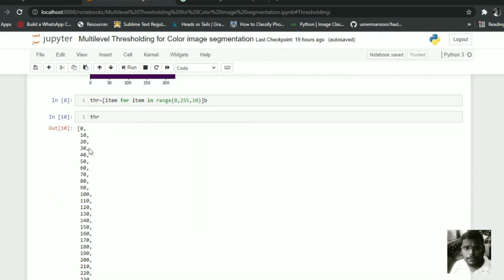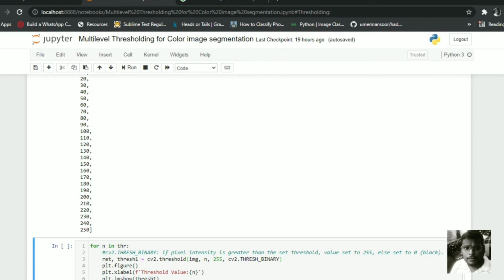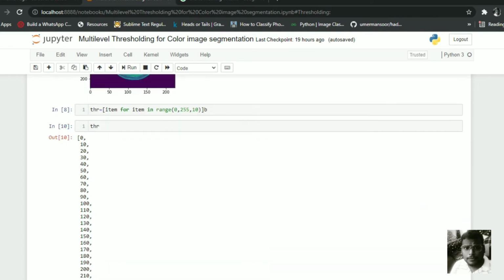The threshold values are 0, 10, 20, 30, up to 255. These are the different threshold values.